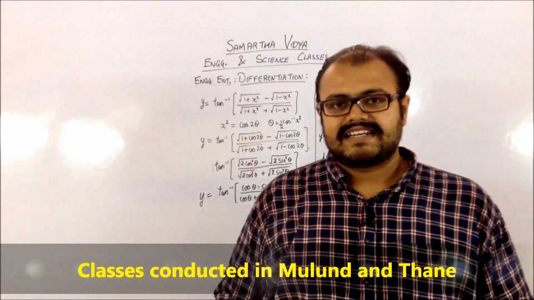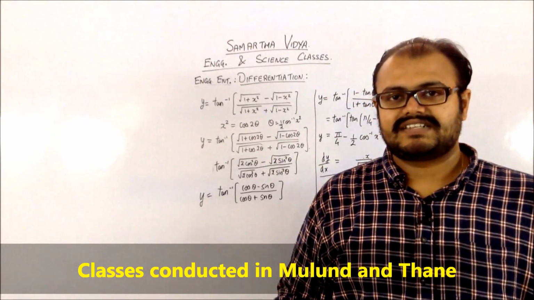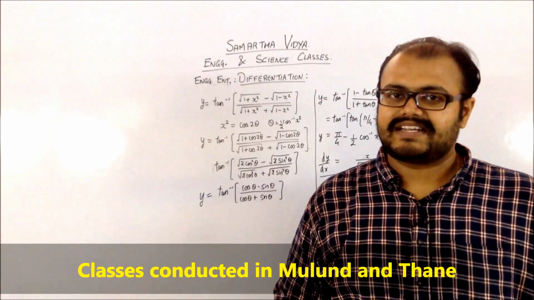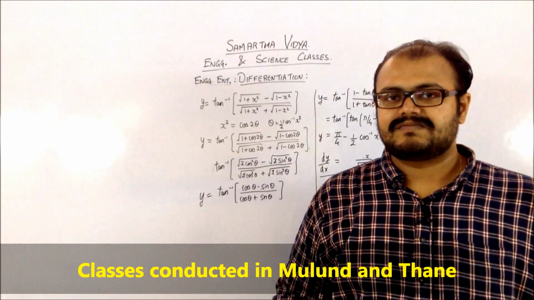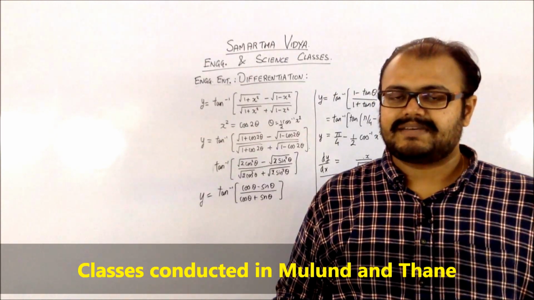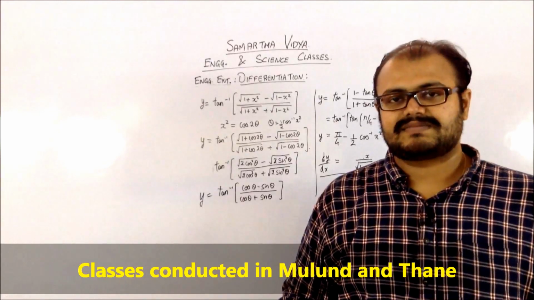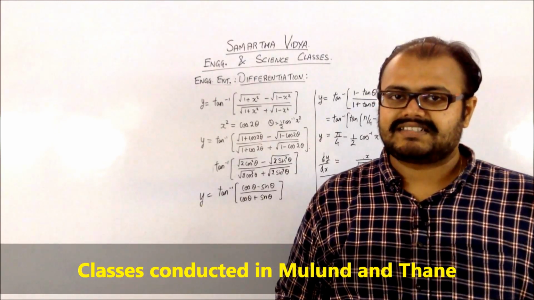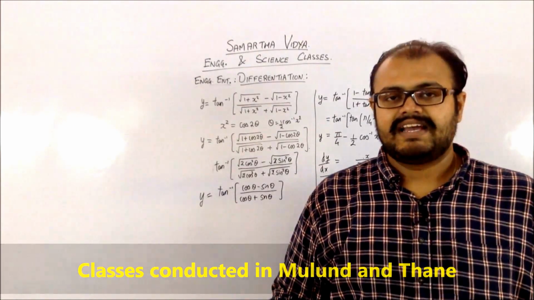So these were some of the related topics for the derivative of inverse trigonometric functions whenever you have a complicated function within the inverse. Always remember to bring in the trigonometric function same as the inverse trigonometric function present outside. So if you have a tan inverse, try to bring a tan inside it. If you have a sine inverse, bring a sine, and so on.